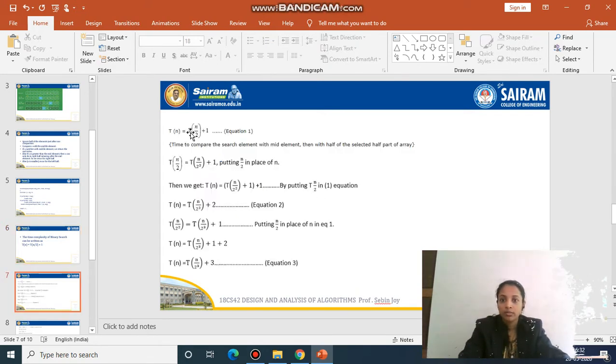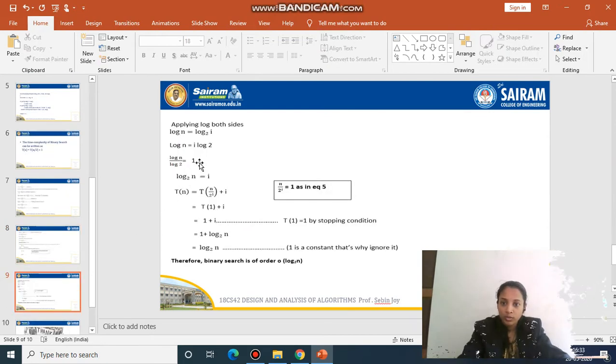Now, see how to solve this one. You know how to solve this one, right? That is T of n is equal to T of n by 2 plus 1. Again, you are using the substitution method here. That means we will find out T of n by 2, and we will get it as T of n by 2 square plus 1 plus 1. So this is the value you are substituting here, and this is the thing you are getting at the end.